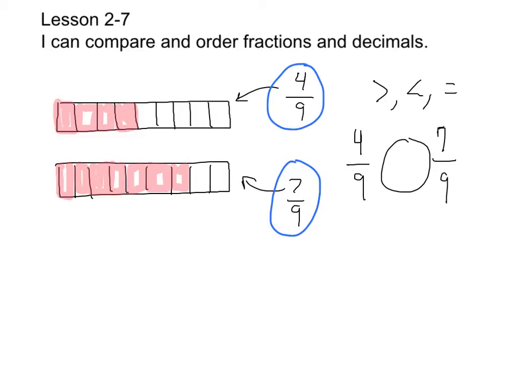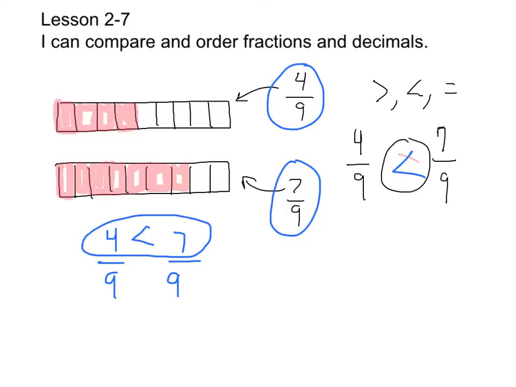what I can see is that 7/9 is greater than 4/9. In other words, 4/9 would be less than 7/9. And I can see that since both of my fractions are ninths, they both have a denominator of 9, I'm really just comparing the numerators. And 4 is less than 7. That's a good way to go when you're thinking about